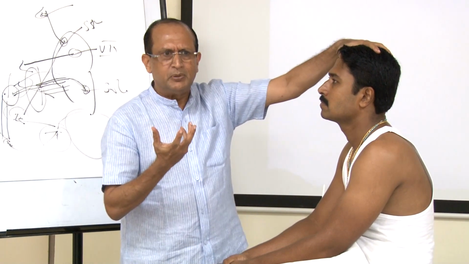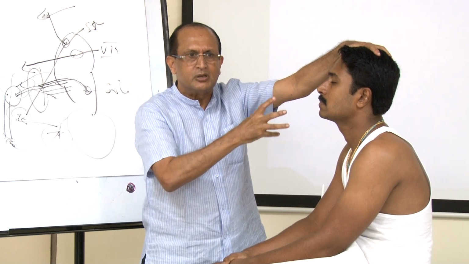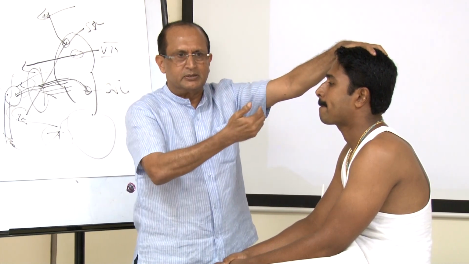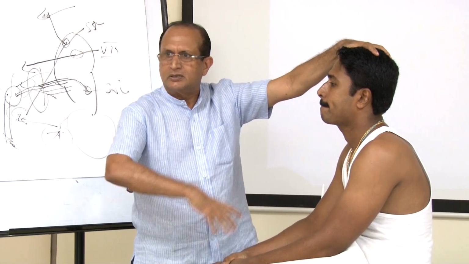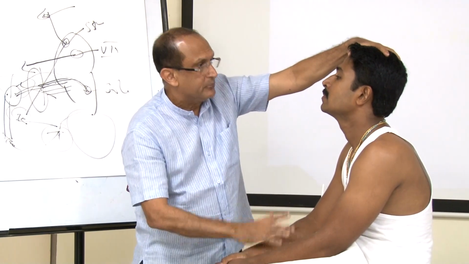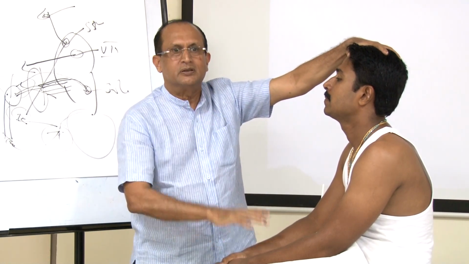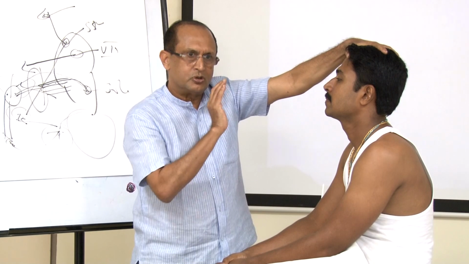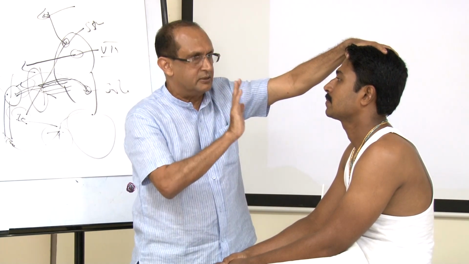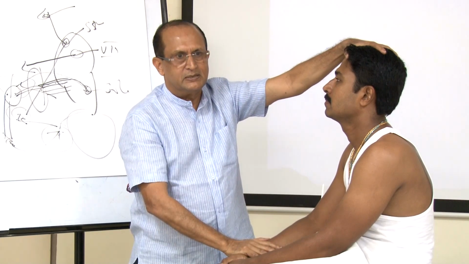9th and 10th is very simple. They supply the muscles of the pharynx and larynx. So the 9th supplies the stylopharyngeus muscle, and the 10th supplies all the other muscles of the pharynx and larynx. So ask him to say ah, and we are not asking you to do the gag reflex because that will be very inconvenient for the patient. We'll never do that. You just say, patient, ah, and that is enough. If the palate is moving on either side symmetrically, you know the gag reflex is intact.